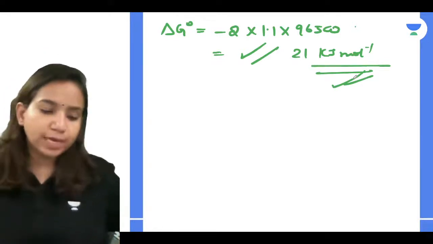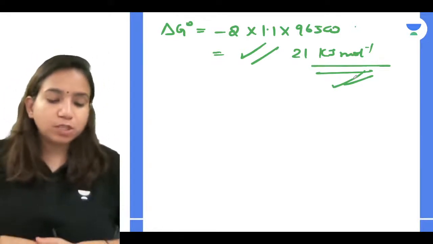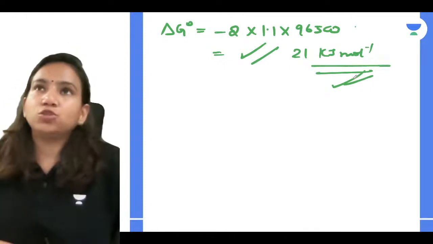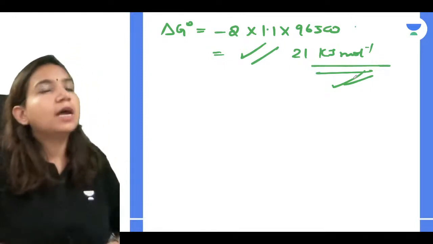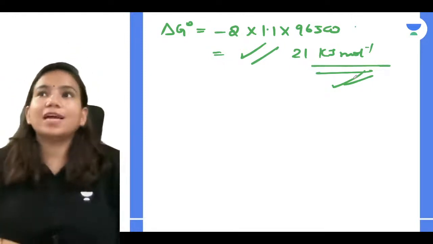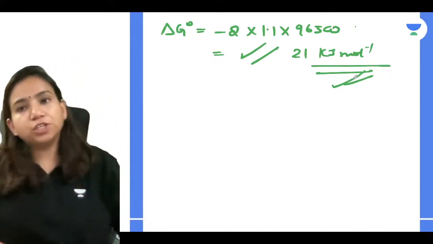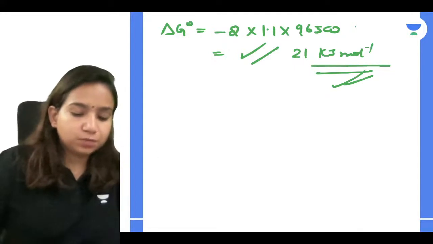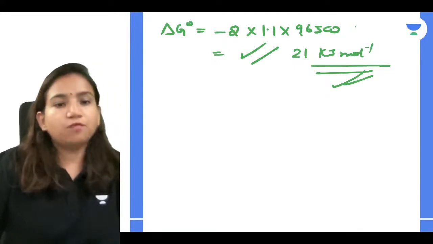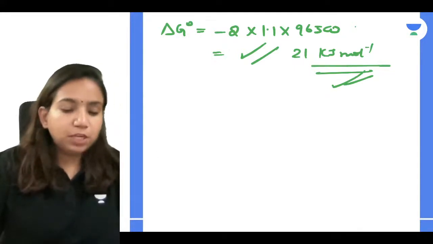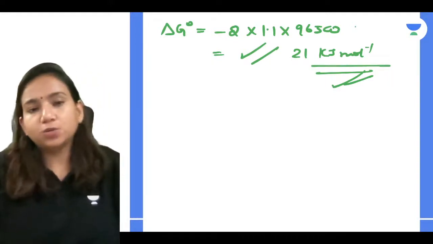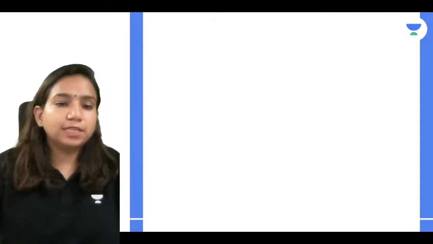So this is what we have related. We have understood about the Nernst equation. We have understood today about the equilibrium constant. For the Nernst equation, how you can calculate, and what is the relationship between Gibbs free energy and your electrode potential, that also we have understood. Very good. So that's what we have done. Make sure you guys are revising it. If you get any doubt, do let me know in the next session.